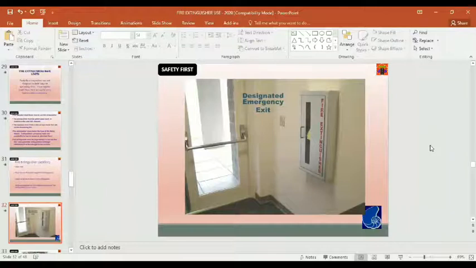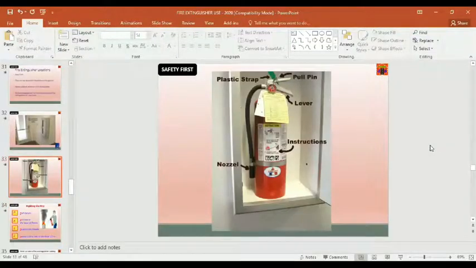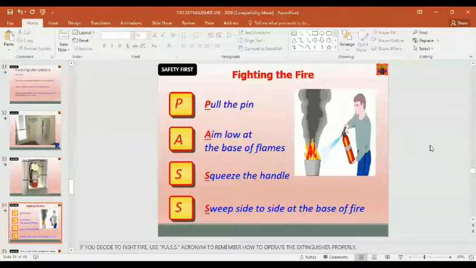Be knowledgeable of the location and types of fire extinguishers in your area. This is the storage box for the fire extinguisher, and on the left hand side is the designated emergency exit. On this fire extinguisher you can see a tag. This is the inspection tag. This tag indicates that the fire extinguisher is in working order. In the beginning, we discussed that there are two steps. Step number one, to evacuate, and step number two, to fight the fire. If you are planning to fight the fire, then you have to remember the term PASS.